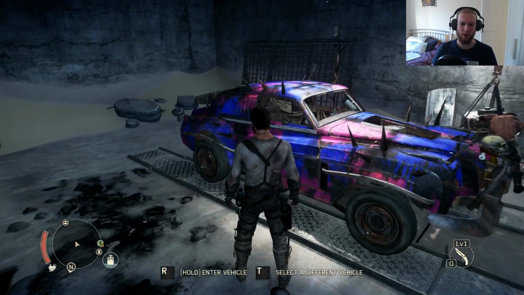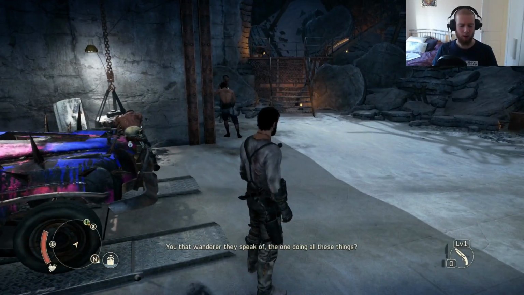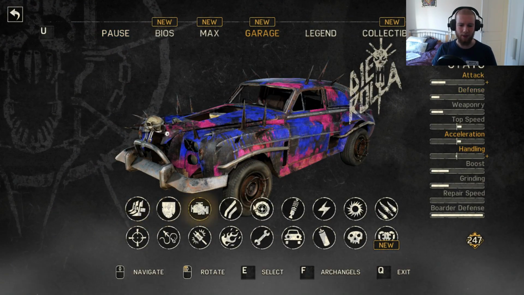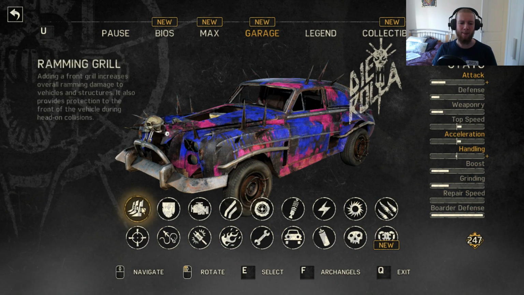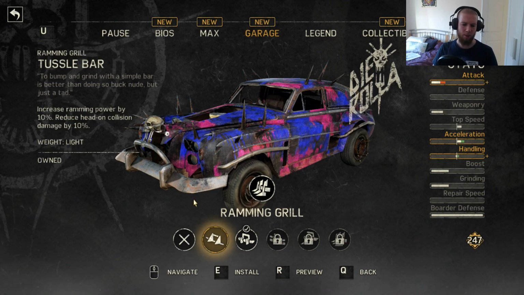But this game is all about customizing your own car. So we'll head over to the car customization menu, which isn't in this garage area. You have a ton of upgrades, but there's not really that many upgrades in each one of them. You've only got 6 in each, apart from...